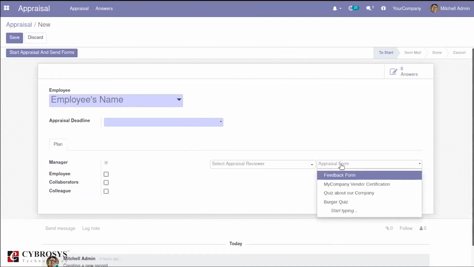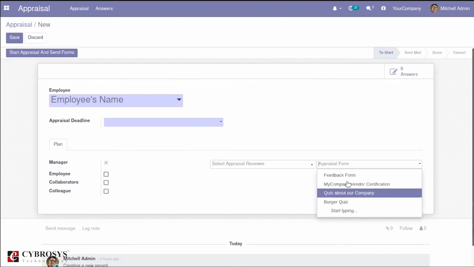This appraisal module allows you to create top down or bottom up evaluation plans, and also to give timely feedback. You can also create appraisal plans using interviews or questionnaires and feedback forms. That is what you are able to select from here.